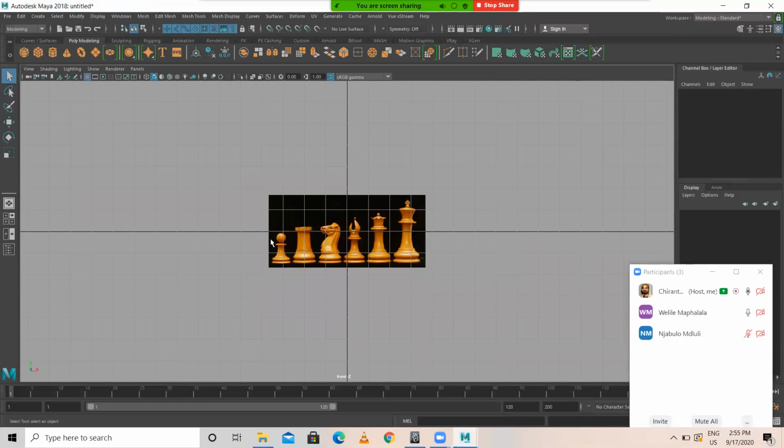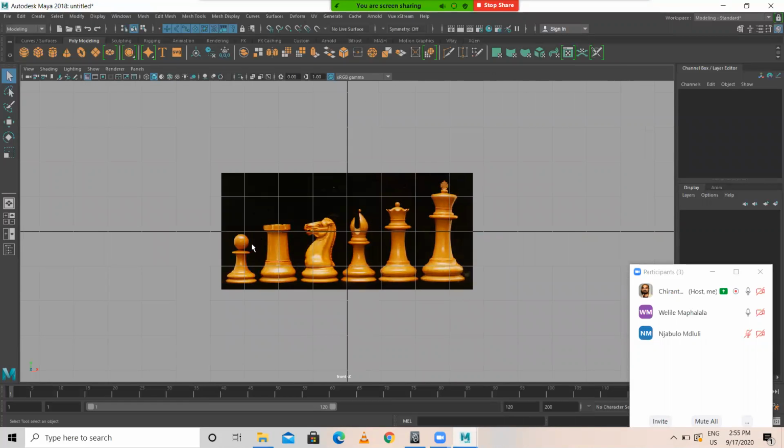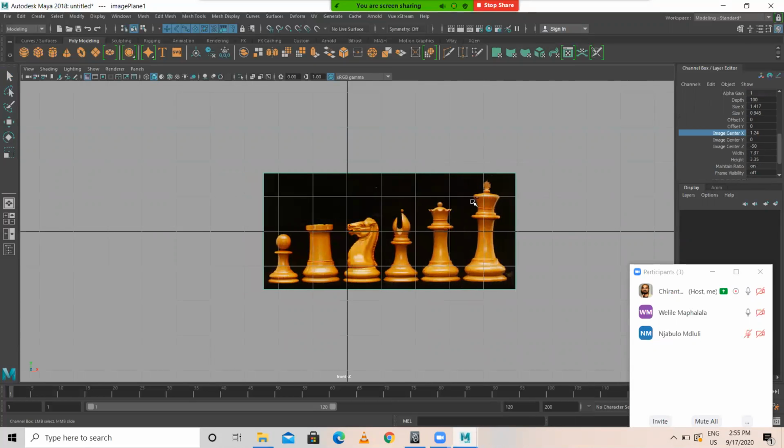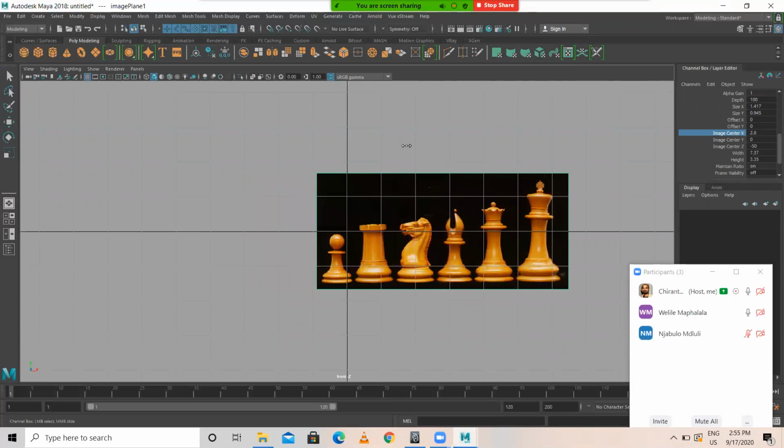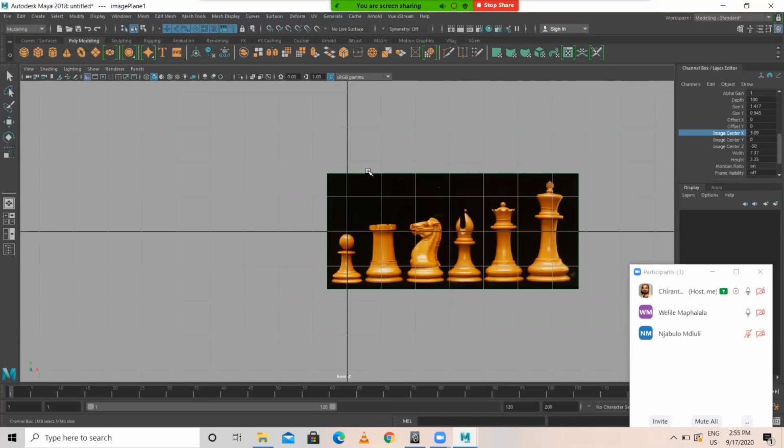Now, first thing, I want to bring this, see, when I'm working on one particular model, make sure that it is in the center of this grid, the center of the image. Okay. Yes. So, like this, using the middle mouse, click here.